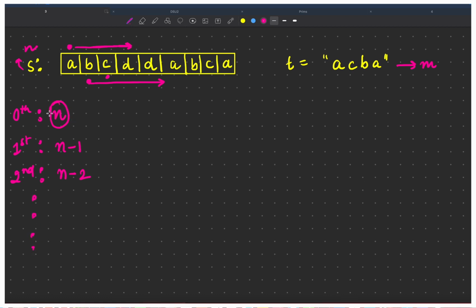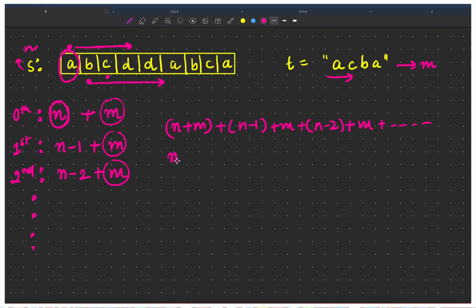So along with traversing the elements and searching the elements of the target string in S, for every index what we are doing, we are creating a map of size m, right? We are traversing this target string from left to right and we are creating a map. So along with this n time and n minus 1 time, we will be needing time for creating a map. Now finally, after doing this, how can we calculate the time complexity? We will keep on adding them.